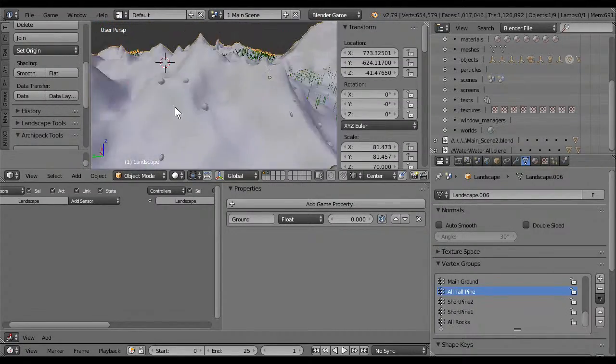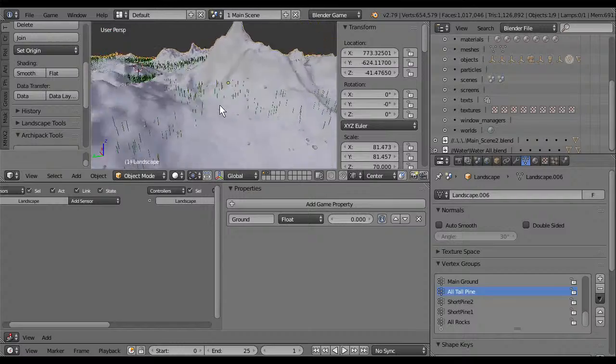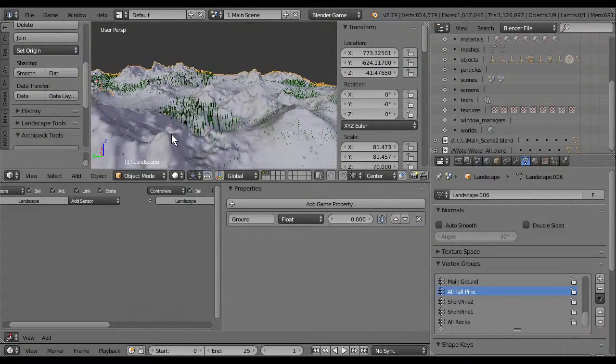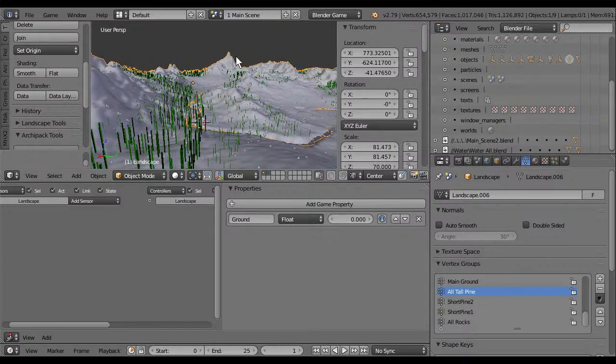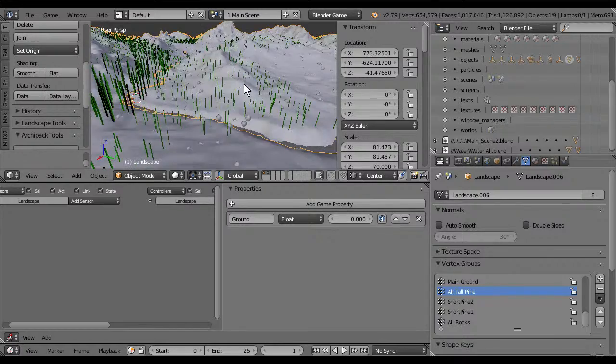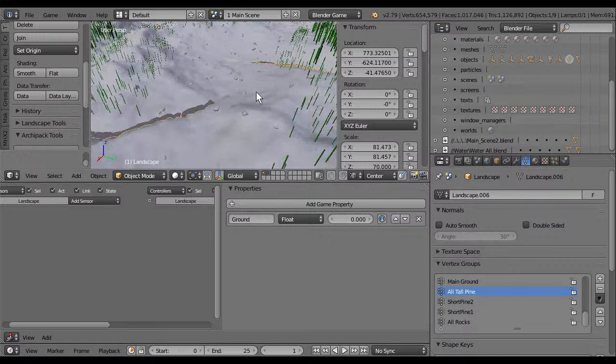The buildings will also be added in the same. No, I think it's too much to open this file itself. It's very much to add this.